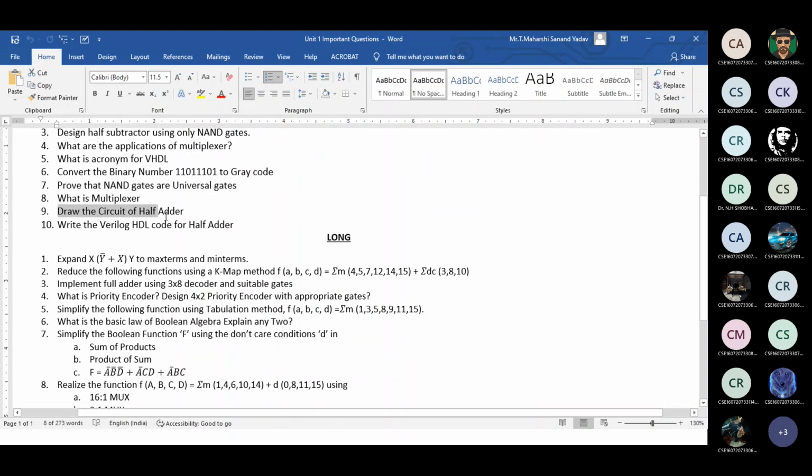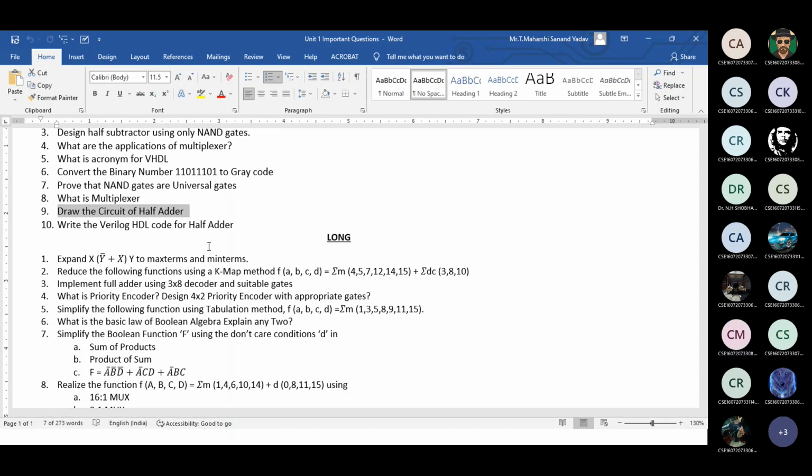Okay, next, draw the circuit of half adder. How many gates will be there? What are the output expressions for half adder? How many inputs, how many outputs? 2 inputs, 2 outputs.